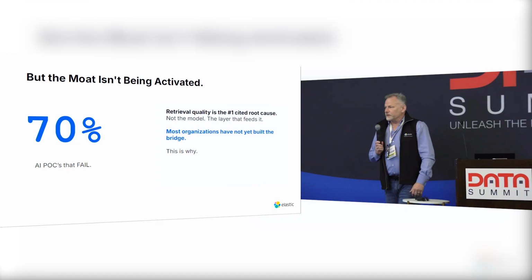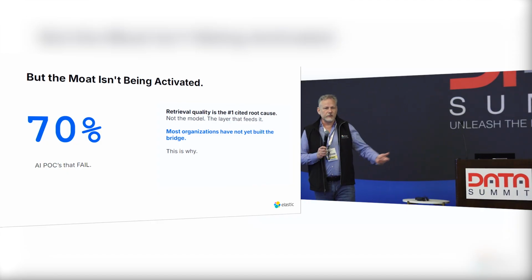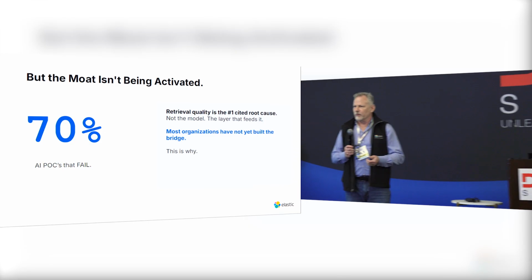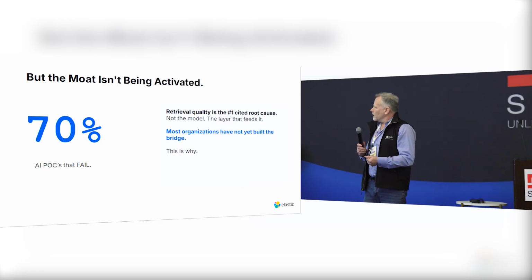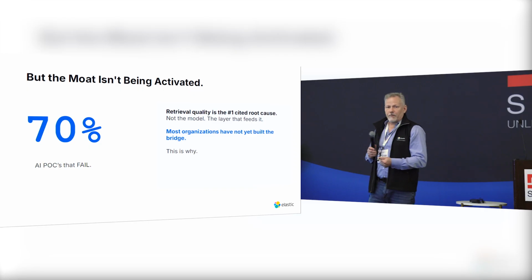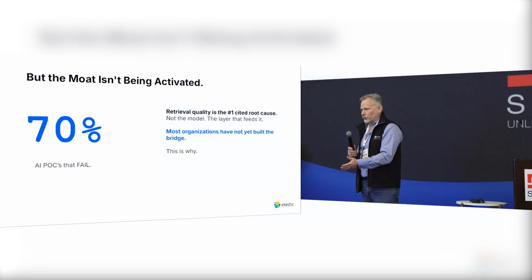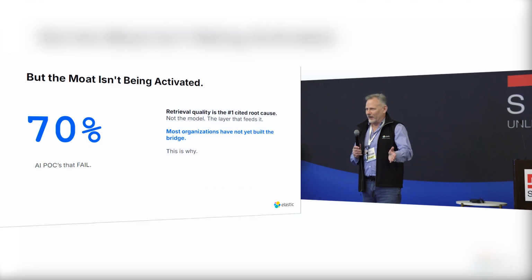So just to throw up another statistic here, of all of the other statistics you saw earlier today, 70% is the average number that's been tossed around. We can give you the references on that if you like. Just stop by the booth and ask any questions that you like on that. But the basic element is 70% of these agentic efforts fail, primarily because you don't always have that data organized to go into your LLM. You can never have that predictable result in order to make sure that when you go to your management to get that approval or that funding, you trust that you're always going to be right coming out of the gate.